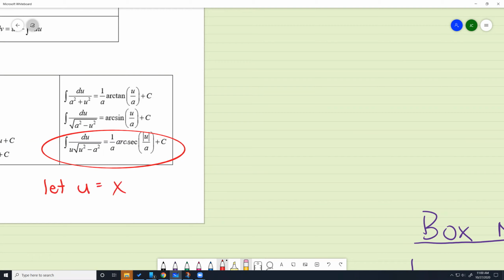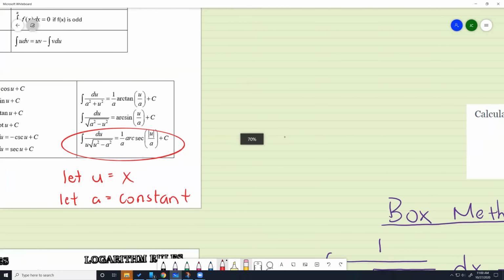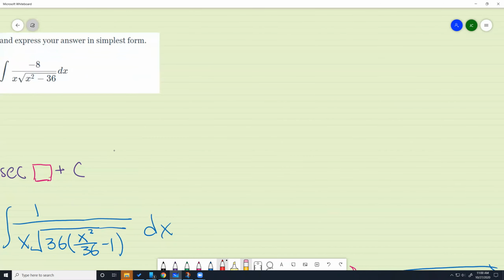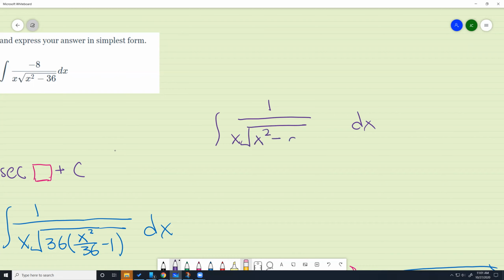That's going to be the variable, and let a equal the constant, the number. So in that case, let me write this down here on this side. It's 1 over, they use du, but I'm going to switch that to x, x square root x squared minus a squared